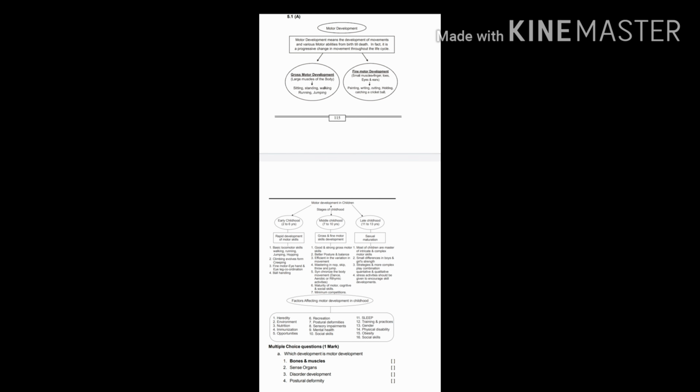Gross motor development involves the development of large muscles in the child's body, especially while sitting, walking, running, and climbing. Means in sitting, running, walking, and climbing, the child's large muscles are involved. And fine motor development involves the small muscles of the body, especially during the small movements of the fingers and hands. For example, holding of